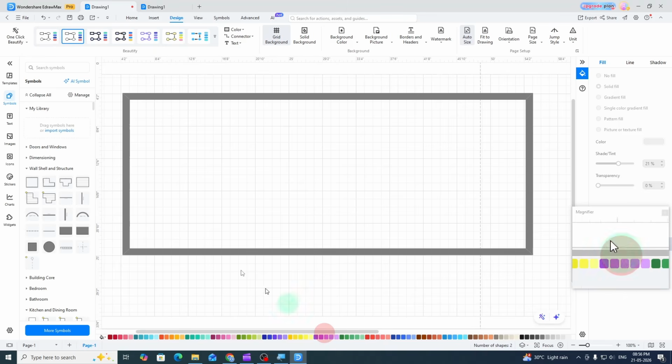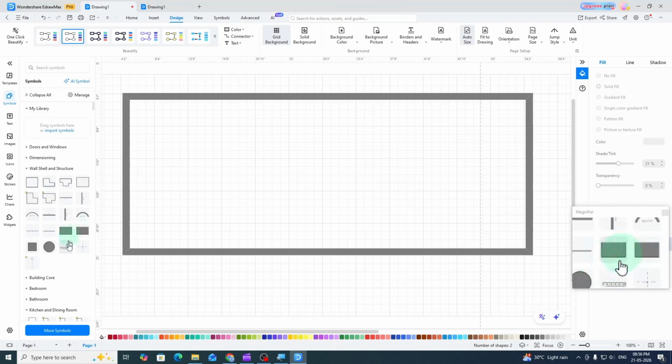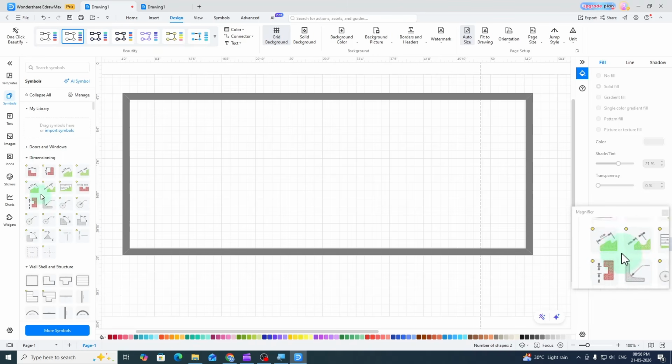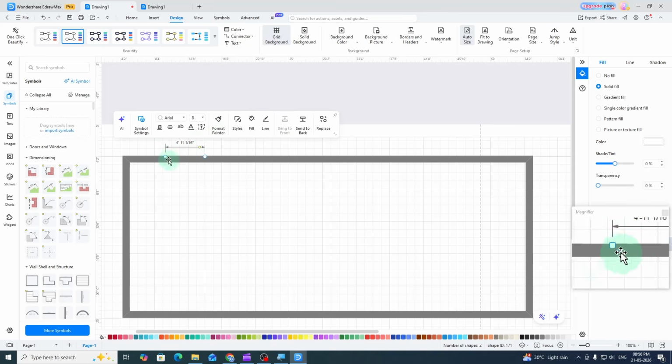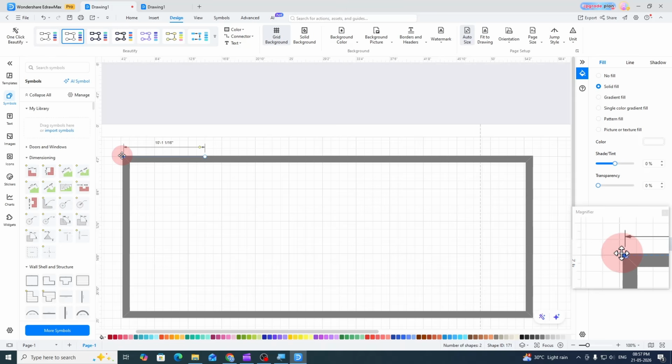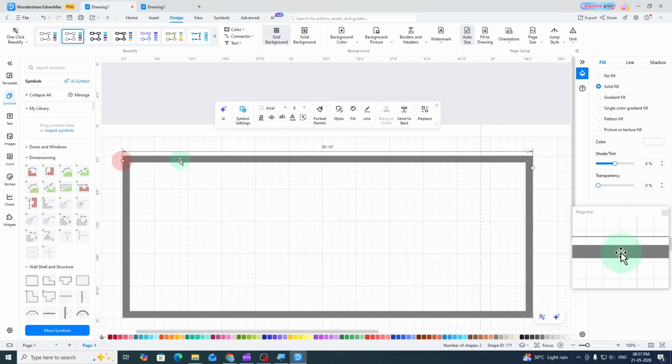Now if you think that this measurement is perfect, then you are wrong. Okay, so let us cross verify. Let us take the dimension tool, just expand the dimensioning category, and then drag the horizontal measurement tool from here. Now you can drag these handles and snap it to the edge, like this, and drag the other handle and snap it to the other edge. Okay, you can see